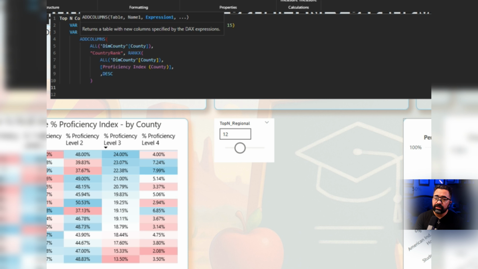Shift enter, close parentheses, and then close parentheses once more, and we are going to say return, because we want